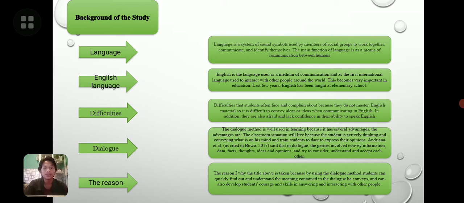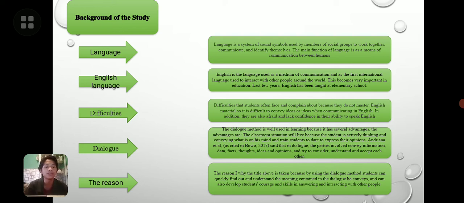The fourth is dialogue. The dialogue method is well used in learning because it has several advantages. The advantages are the classroom situation will be lively because the student is actively thinking and conveying what is on his mind, and it trains students to express their opinion.